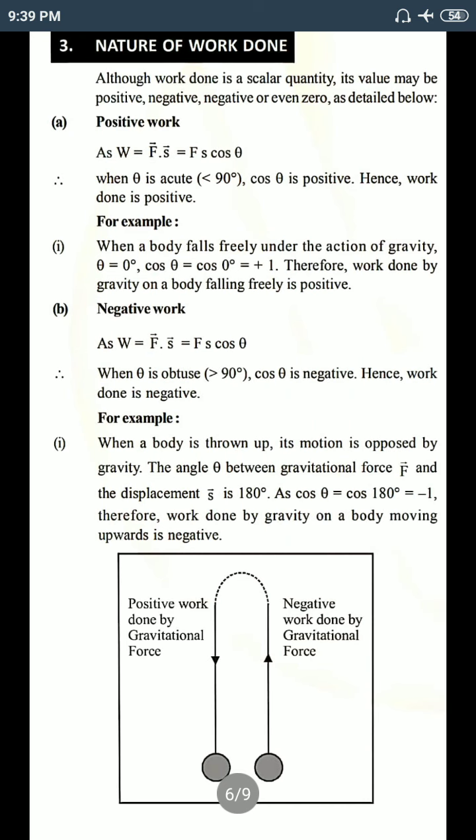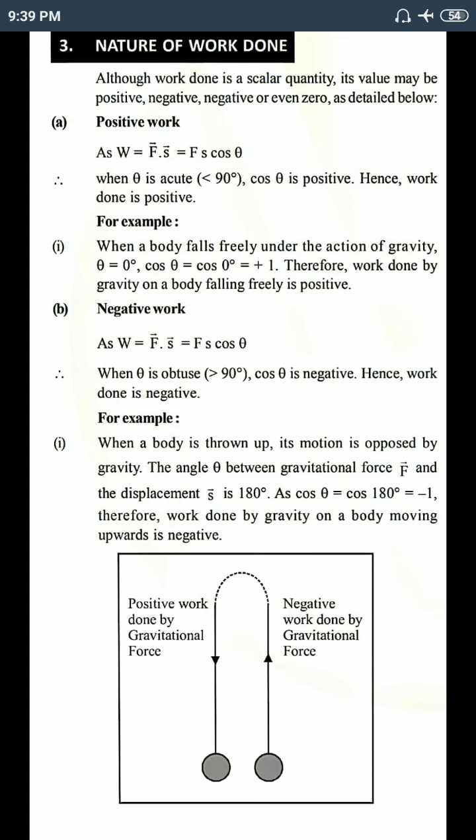Next, nature of work done. Already I told you that work done is of three types: it will be either positive, or negative, or zero. As we know, work done is a scalar quantity and its value may be positive, negative, or even zero. So positive work done means